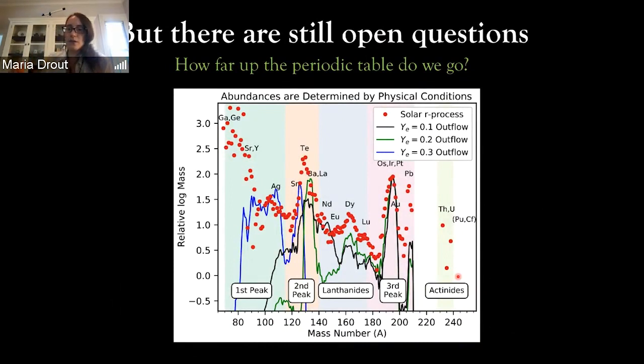There are a number of different simulations or models for neutron star mergers that have just slightly different physical conditions that predict very different things for how far up the periodic table and what elements you will synthesize. And this is just a graph showing you that, where it's just showing you relative abundances of different mass elements. And if you look at particularly the black, blue, and green lines, those are all the results of simulations of neutron star mergers that produce very different abundance patterns for different elements produced. And in particular, this blue one actually stops at a much lower mass number. It doesn't go all the way up the periodic table.